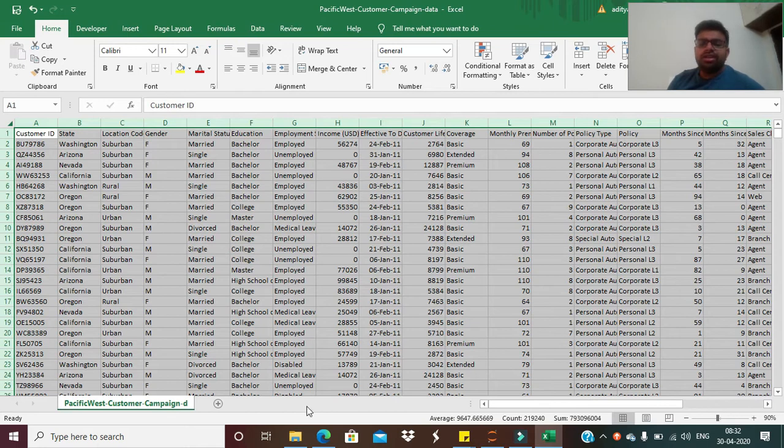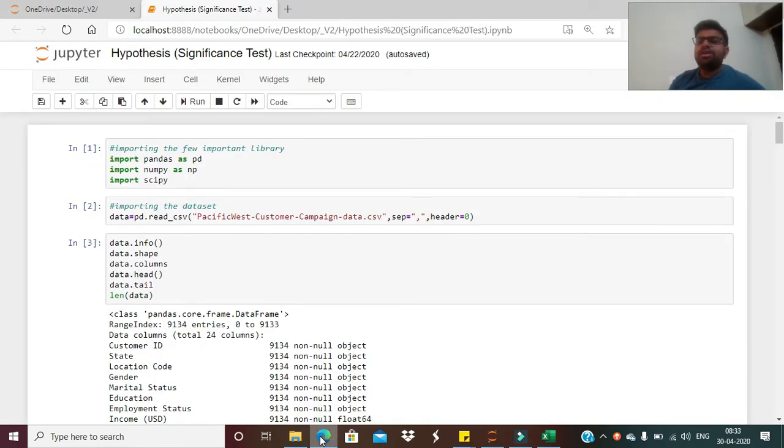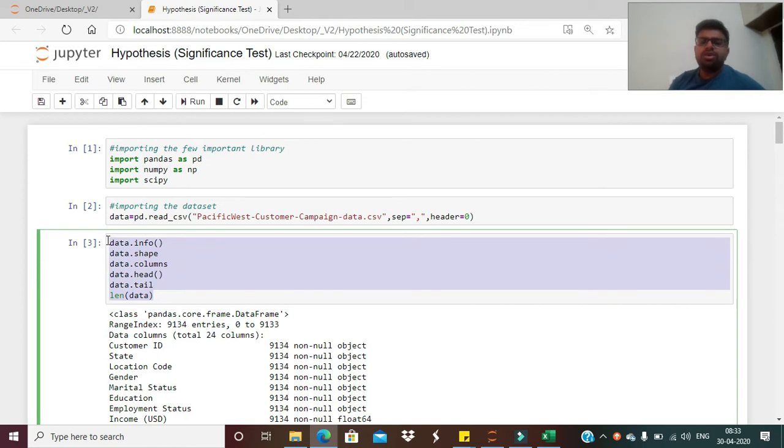Depending upon the type of variable, we'll be performing a certain level of significance test, right? This is just a very simple way of getting to know the data, like the shape, the different observations, and the columns inside the data. Using the head or the tail is just to get an idea of the top observations and the bottom observations.